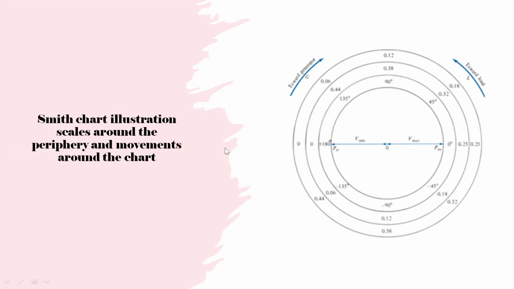One complete rotation on the Smith chart is equal to half a wavelength of travel. So 2 complete rotations equal a full wavelength of travel, that is, lambda by 2 equals one rotation, which is 360 degrees. To get a full wavelength on the Smith chart, you have to move 720 degrees. On the left-hand side the point is the short circuit, and on the right-hand side the point is the open circuit point. V maximum and V minimum values are also represented.